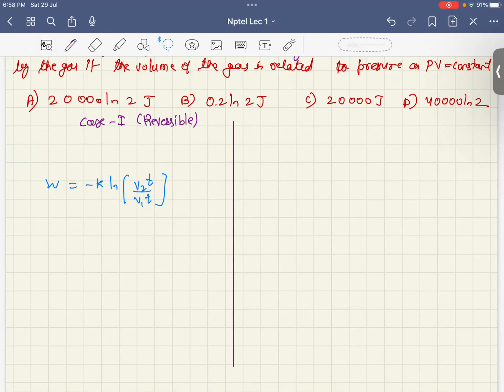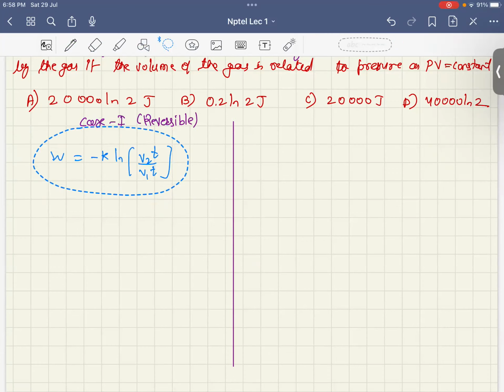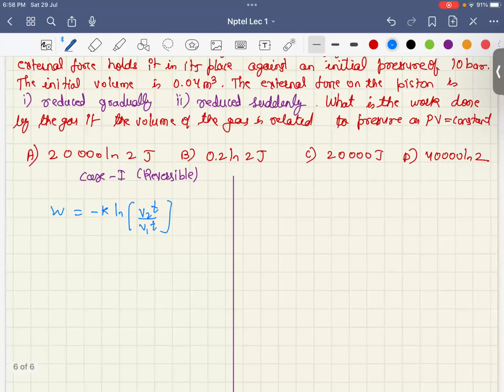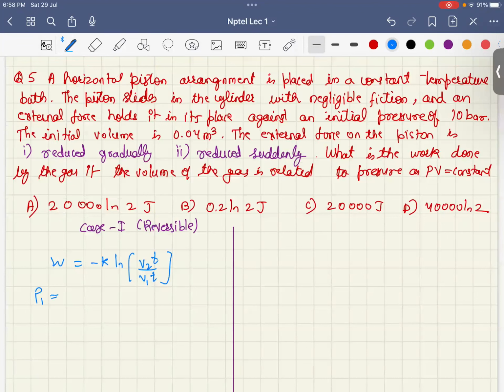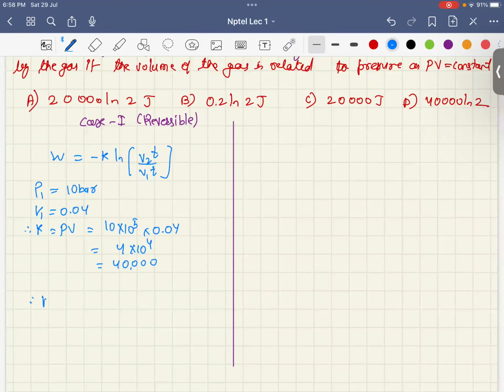So W is going to be this, right? What are we being given? We are given P1 as 10 bar and V1 is 0.04, right? Therefore K is nothing but PV, which is 10 into 10 to the power 5 multiplied by 0.04, which is 4 into 10 to the power 4, which means 40,000, and therefore W is minus 40,000 multiplied by ln of